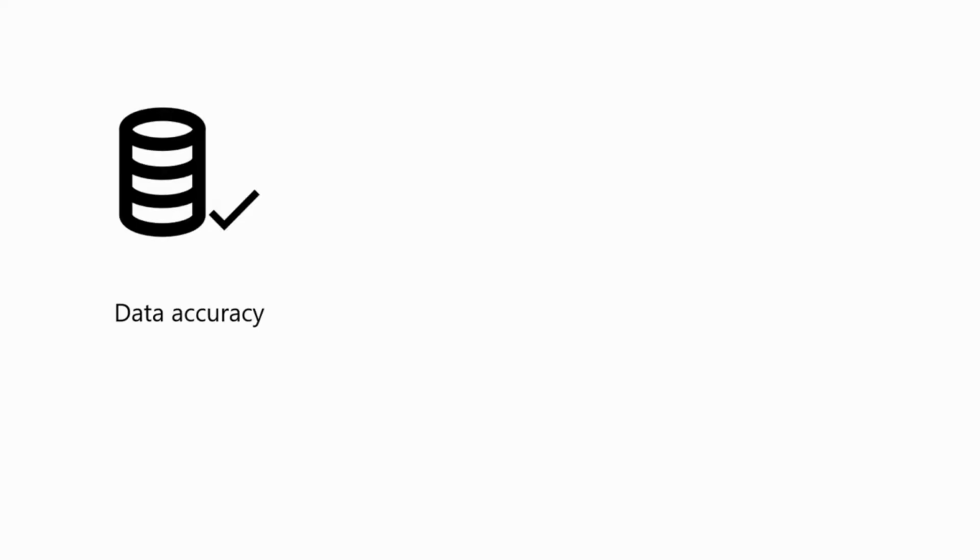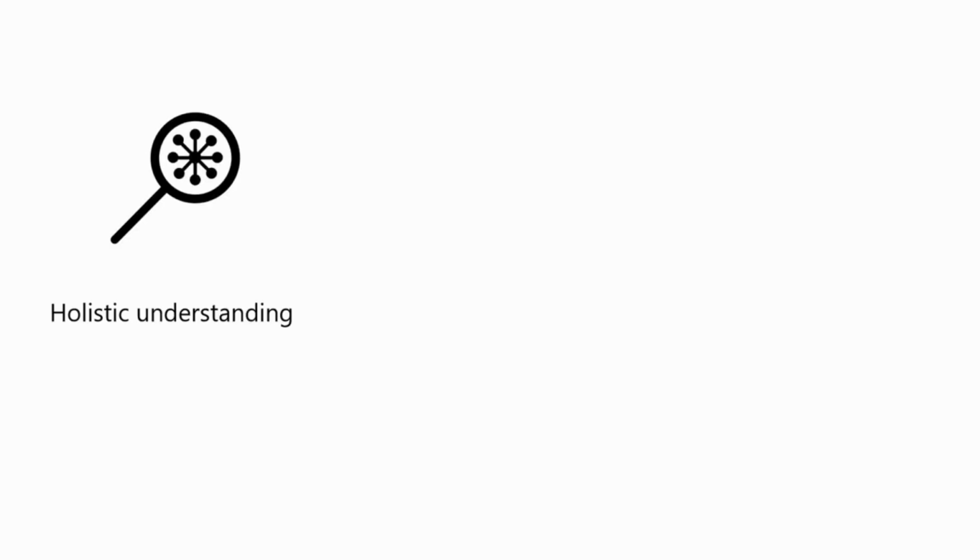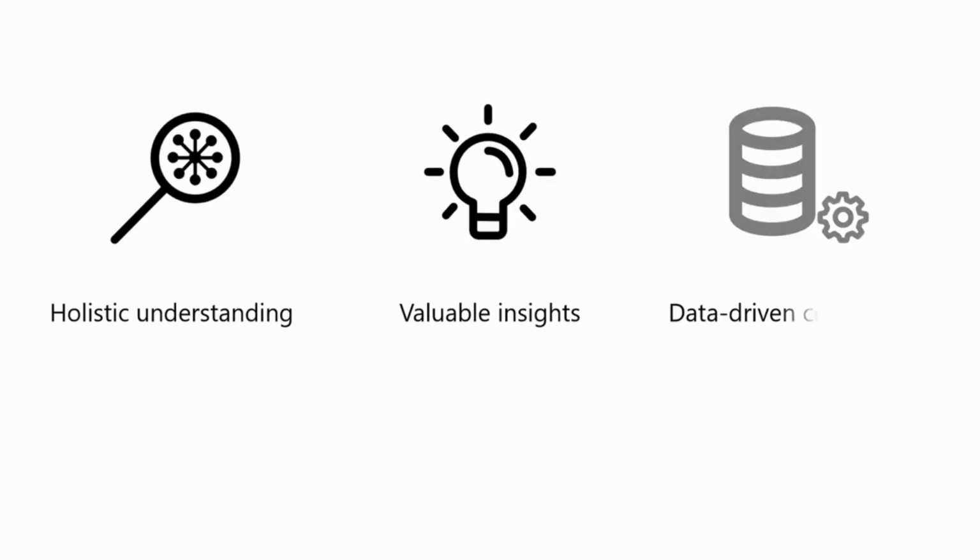One of the key usage areas of joins is merging two or more tables and matching related data by using the relationship. Joining data is essential for Power BI data analysts because it enables you to combine information from different sources, giving you a complete picture of the data. Joining data can help you validate data accuracy, make informed decisions, and perform advanced analysis. Joining data also empowers you to gain a holistic understanding, uncover valuable insights, and make data-driven conclusions. Overall, join is a powerful technique that enhances your data analysis capabilities and allows you to unlock the full potential